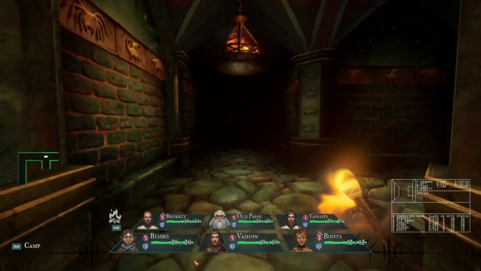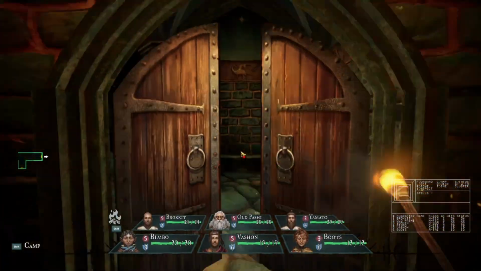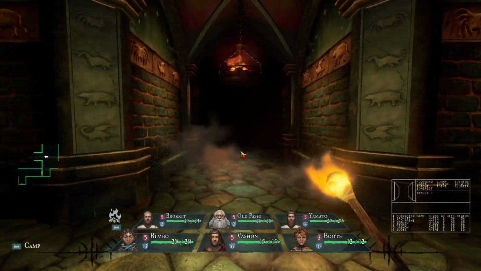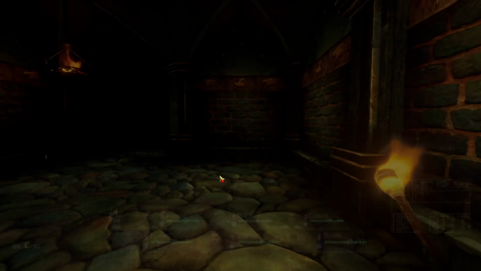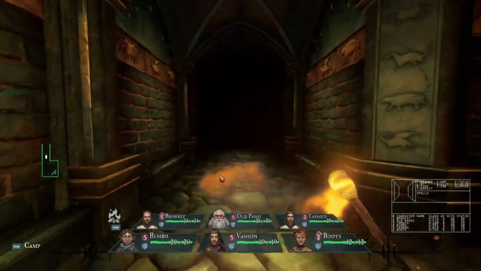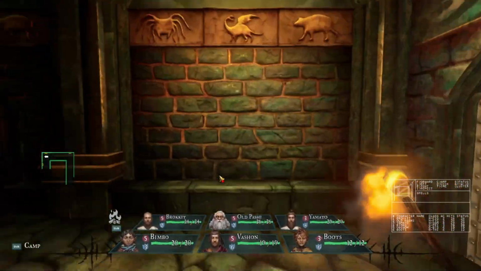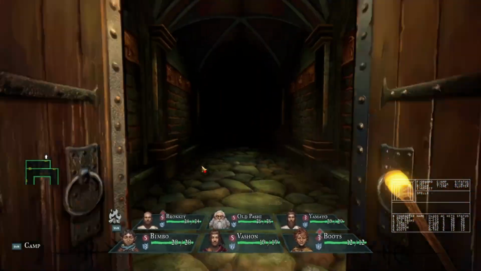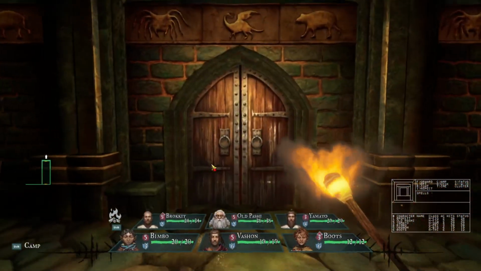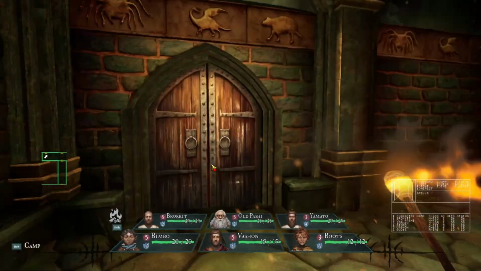Wizardry Proving Grounds of the Mad Overlord Remake. This is a remake of the original legendary Wizardry game from 1981. As somebody who's played Wizardry 7 and 8 and a big fan of old school blobber dungeon crawlers, I thought a new coat of paint, new music, and a few quality of life upgrades would make this game playable. Boy was I wrong. It had its high points, but no.